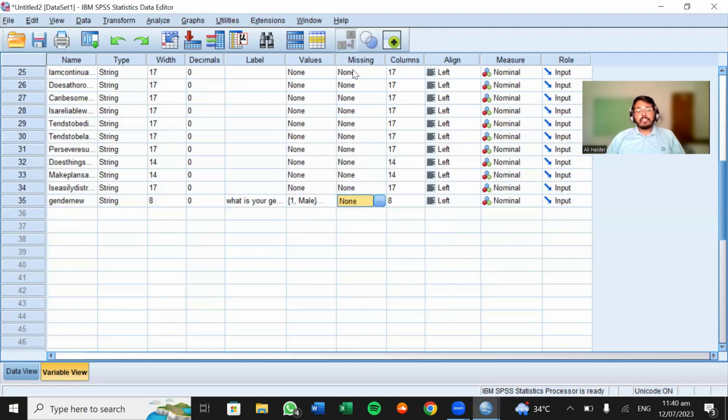So if you don't have any missing value, leave it as default. And in the align option, SPSS asks if you want your data presented on the left side of the column or the right side. And in the measure option, SPSS gives you options. Since you have mentioned your variable as string, SPSS now wants to know whether your qualitative or categorical variable is nominal or ordinal. So it is a nominal variable, and it is